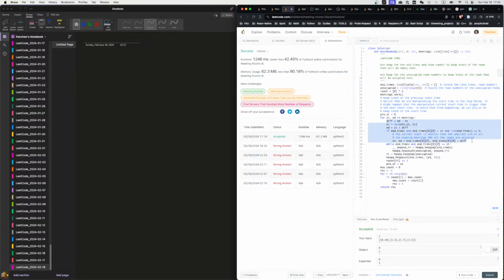This is the real messy part. So this one is to adjust the start time of the next meeting that's about to start. Now, there are a lot of conditions here. So,